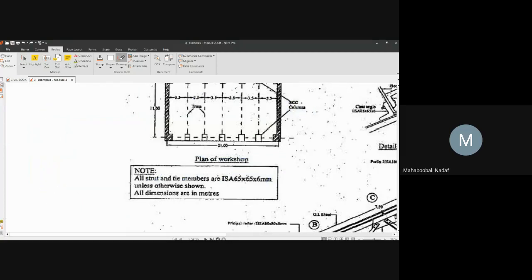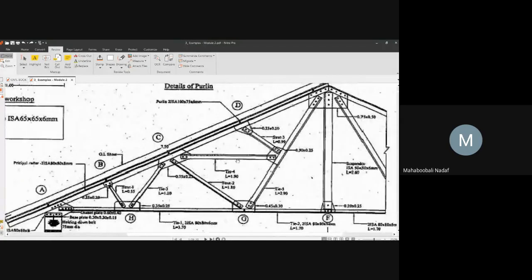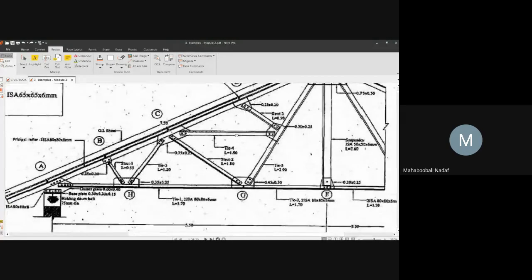Now coming back to this bigger diagram, here you can see half of the truss is given like this. The bottom is exactly half, 5.5, is given. That means what is the span now? 11 meter. Very good. 5.5 plus 5.5, that is 11.